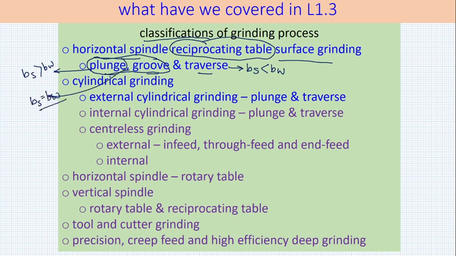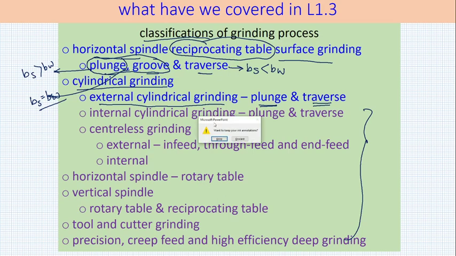We have also talked about cylindrical grinding. Out of cylindrical grinding, we could cover only external cylindrical grinding, and there also we have the concept of plunge grinding and traverse grinding. Whatever is listed here today in the different color, that we could not cover in the last class. So let us hope we would be able to cover that today as much as possible. I will not hurry it up.